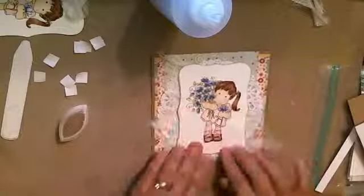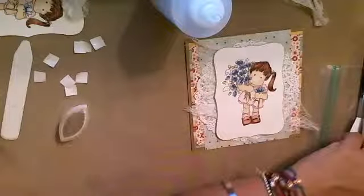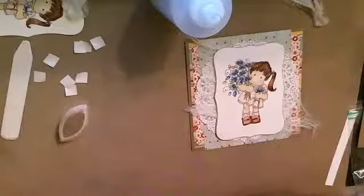like this. And then let's go ahead and do our sentiment. I probably will use this for the background just because I have that little piece laying around. So let me see if I have an extra piece of white paper in here somewhere. I think I do. Here we go. So here goes just a little piece of white paper, and I'm going to use the sentiment from